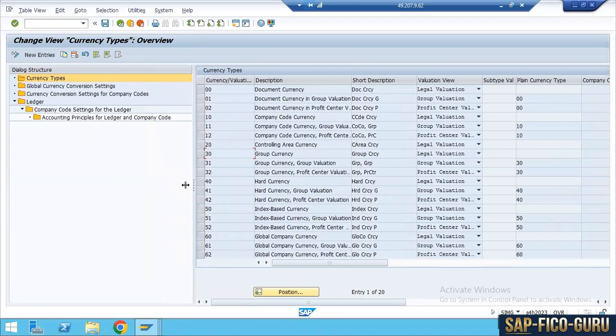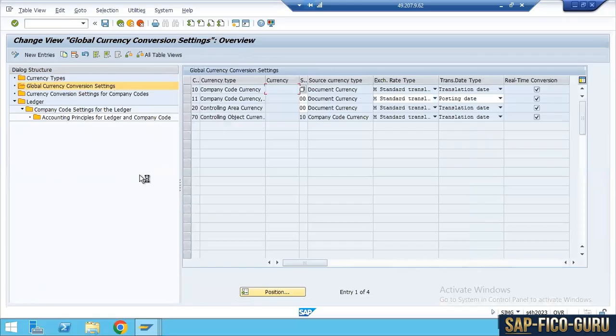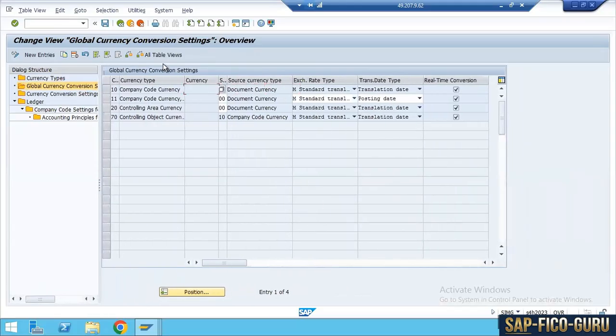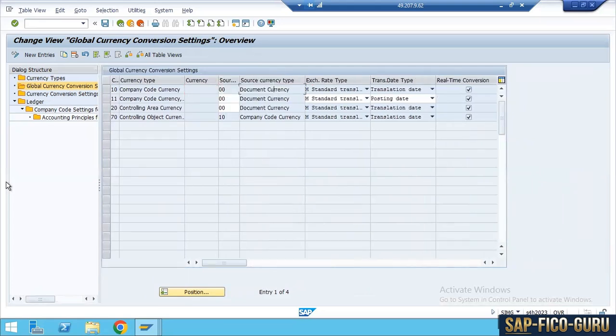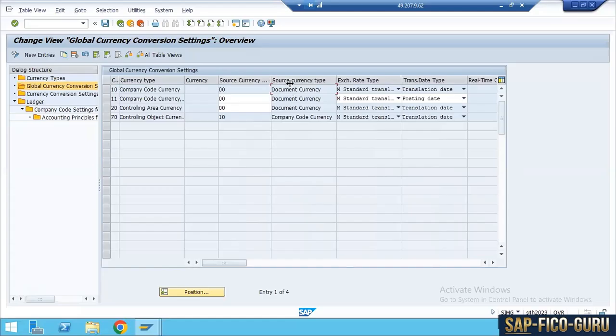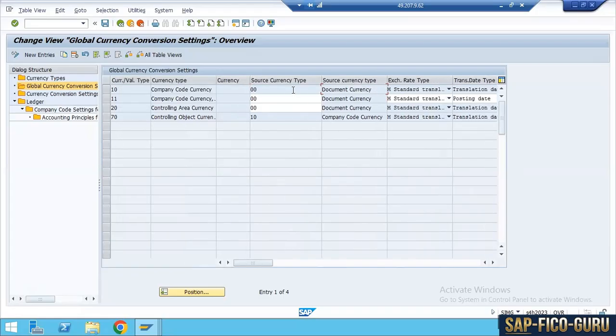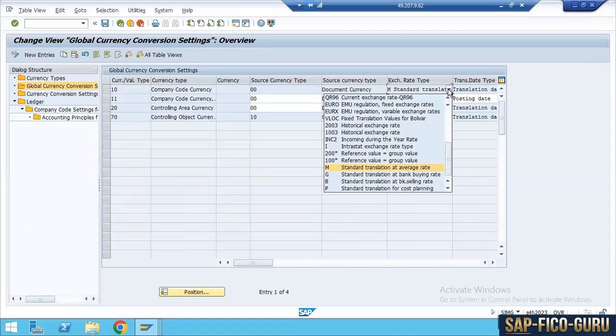Then you have to select the global currency conversion settings. So double click on it. Here you need to maintain a relationship between the company code currency and the source currency, that is document currency. Here basically we define when the transaction is posted in document currency, how it should be converted in the company code currency. Therefore, the source currency for company code currency is document currency, and the exchange rate